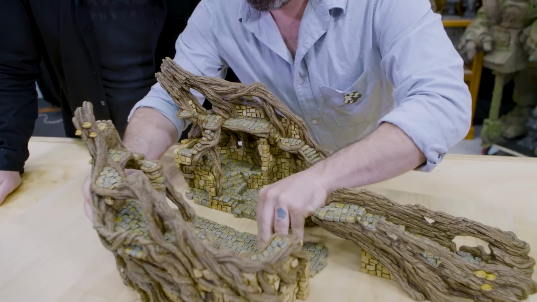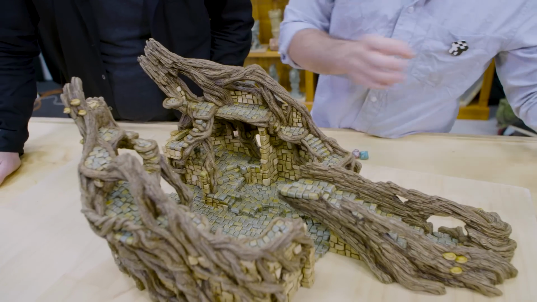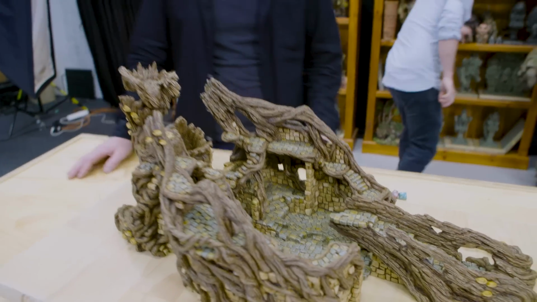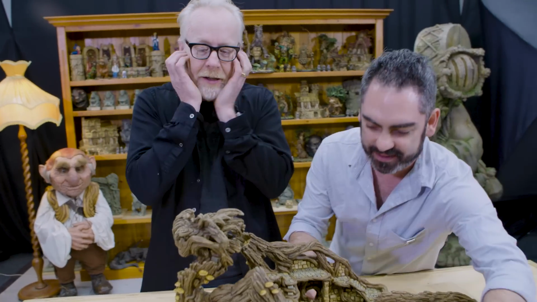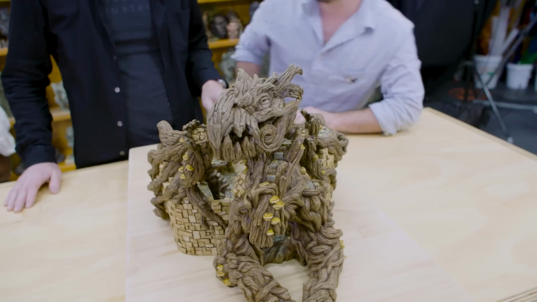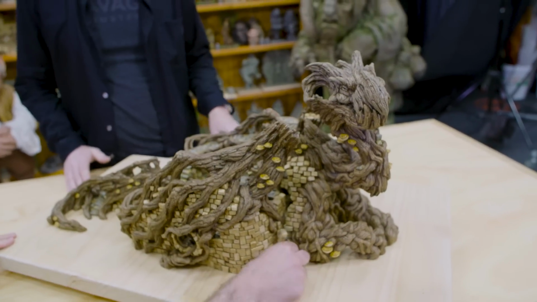Remember how it works. There you go. The road goes there like that. This goes like this. And then, oh my God, there's a thing happening. Yes, it's a dragon. So now you've got this dragon temple. Oh my gosh. And there's little bits of ruins that you can tuck in and around